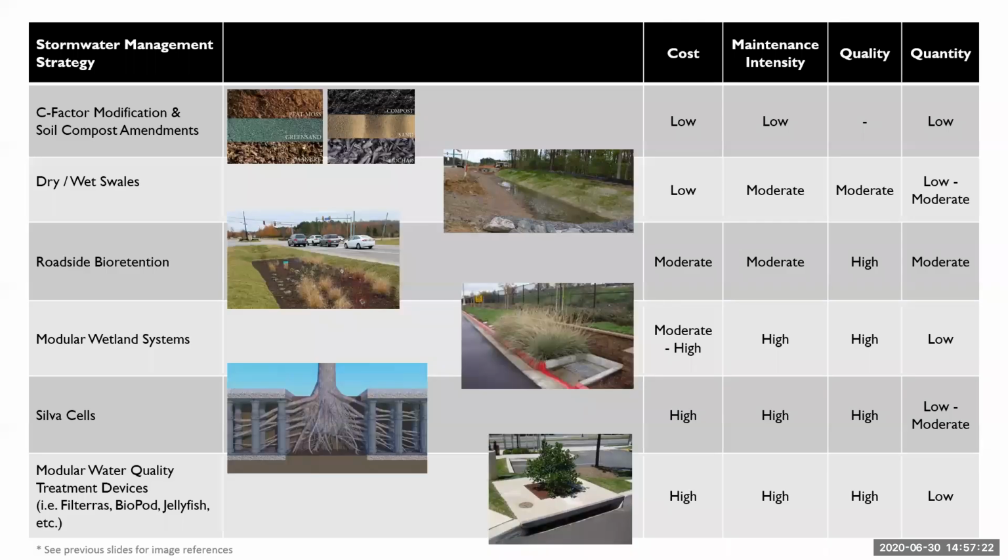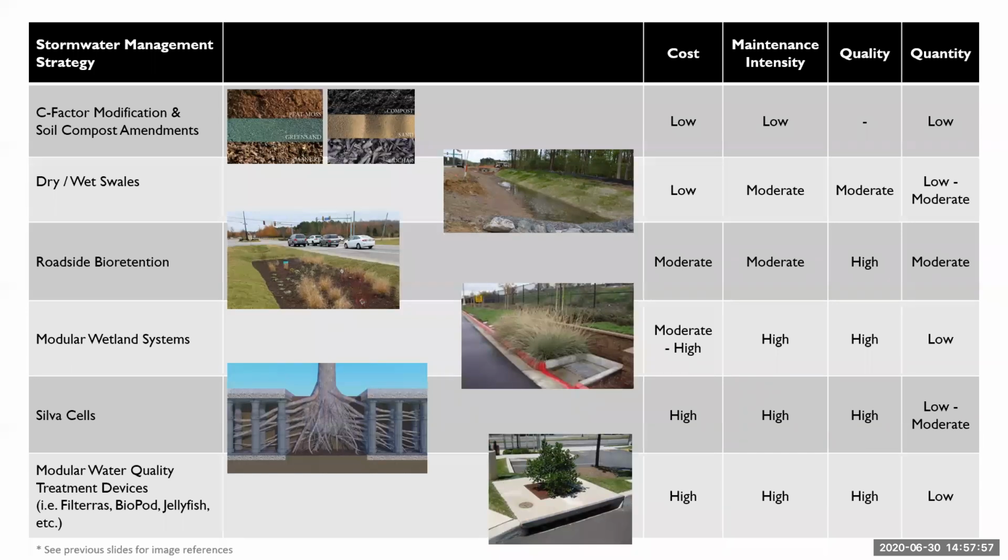Thanks, Drew. So you may be asking yourself how certain BMPs stack up against others. So we've generated a slide that doesn't go through every BMP that was discussed today, but it touches on a few of them. We wanted everyone to see some of the impacts as far as cost and maintenance, and see what kind of benefits you get from quality and quantity. I did want to point out that you may have a site-specific constraint where you want to use something that has not only a high cost, but also you get a high quality from.